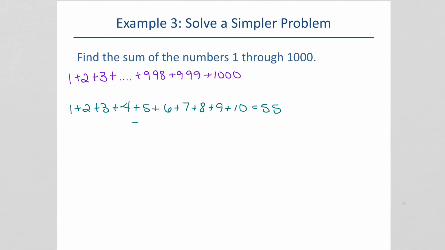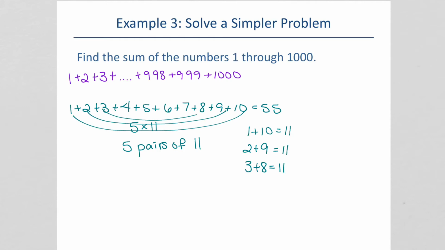Or 55 is 5 times 11, right? Or we could also say this as 5 pairs of 11. In other words, saying it as 5 pairs of 11, what we're doing is saying 1 plus 10 is 11. 2 plus 9 is 11. 3 plus 8 is 11. Notice how I'm going in 1 each time. Okay? So we want to do the same thing